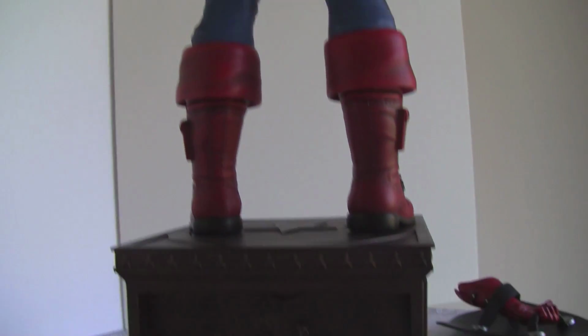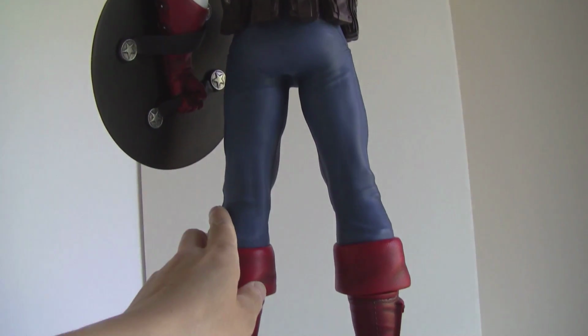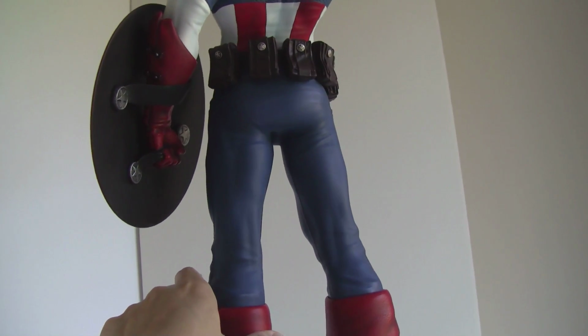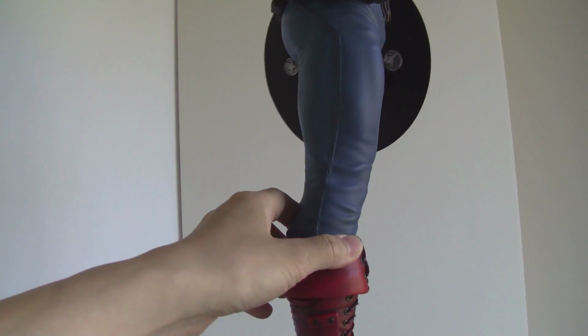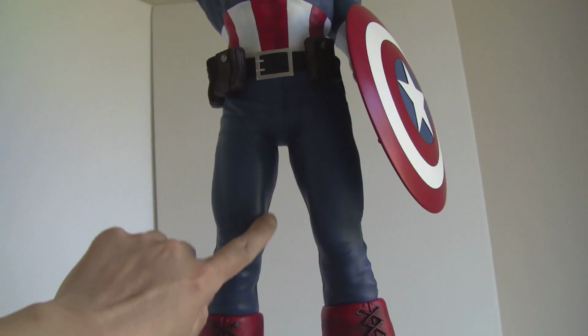The only issues that I have is, the legs are a little bit, I think it's too skinny for a super soldier. Unless, like I said, he's wearing compression pants or something. Okay, but even then, we're living in a fantasy world here. So I'd like to have bigger legs. And then